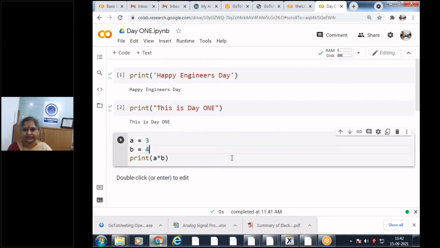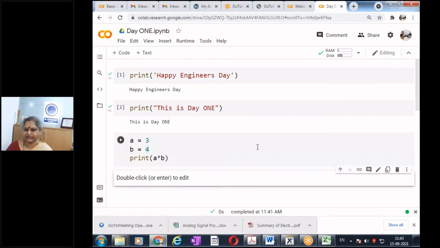Yes. I hope all are trying. Of course, some of you may be already aware of Python, so for them it will be very fundamental. So that is fine. They will catch up. I hope they find something else.